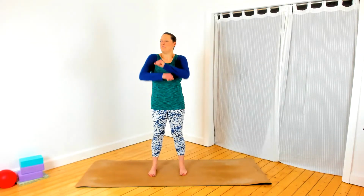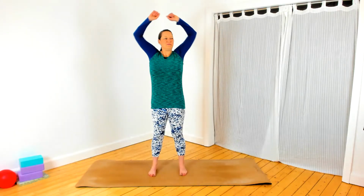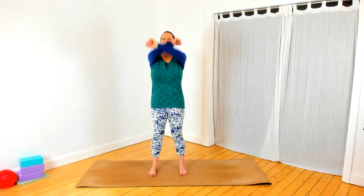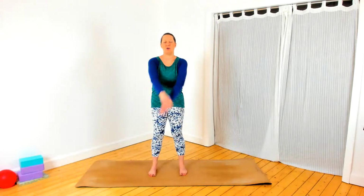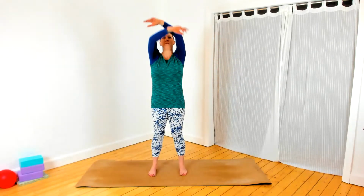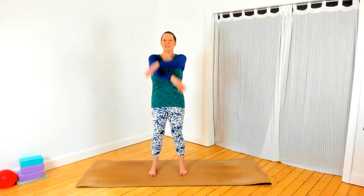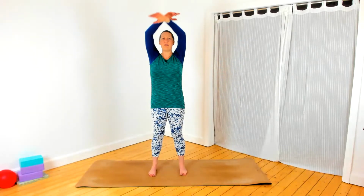And maybe just making those shoulder rolls with the elbows as well. Nice big movements. And if it feels good, you can do those movements with the whole arm. You don't need to straighten your arms if that doesn't feel right. If you're able to cross the arms in front of you, trying to alternate the cross of the arms. Keeping that gentle lift in the belly muscles, just a sense of active, not really switched on, just engaged, enough